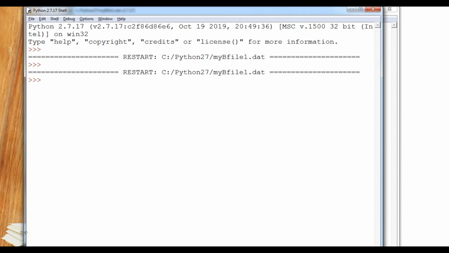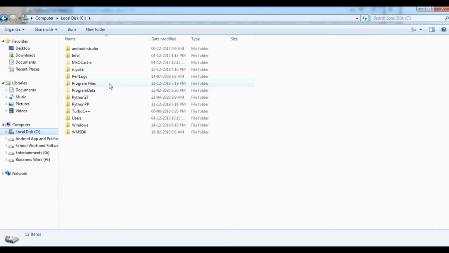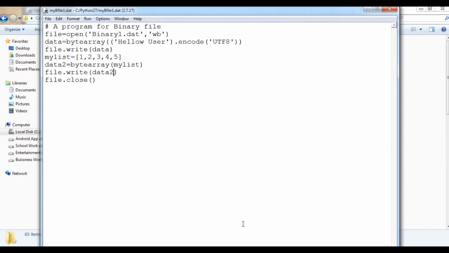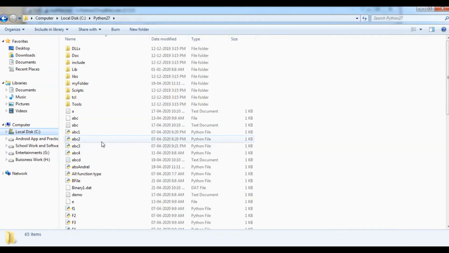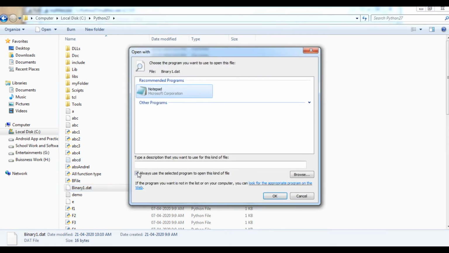So we can see it in the relative path of Python 2.7. My file name, as I remember, is binary1.dat, so we will search here for binary1.dat. If I open it, it will not open directly; I have to select a particular editor. For temporary purposes, select Notepad and okay.